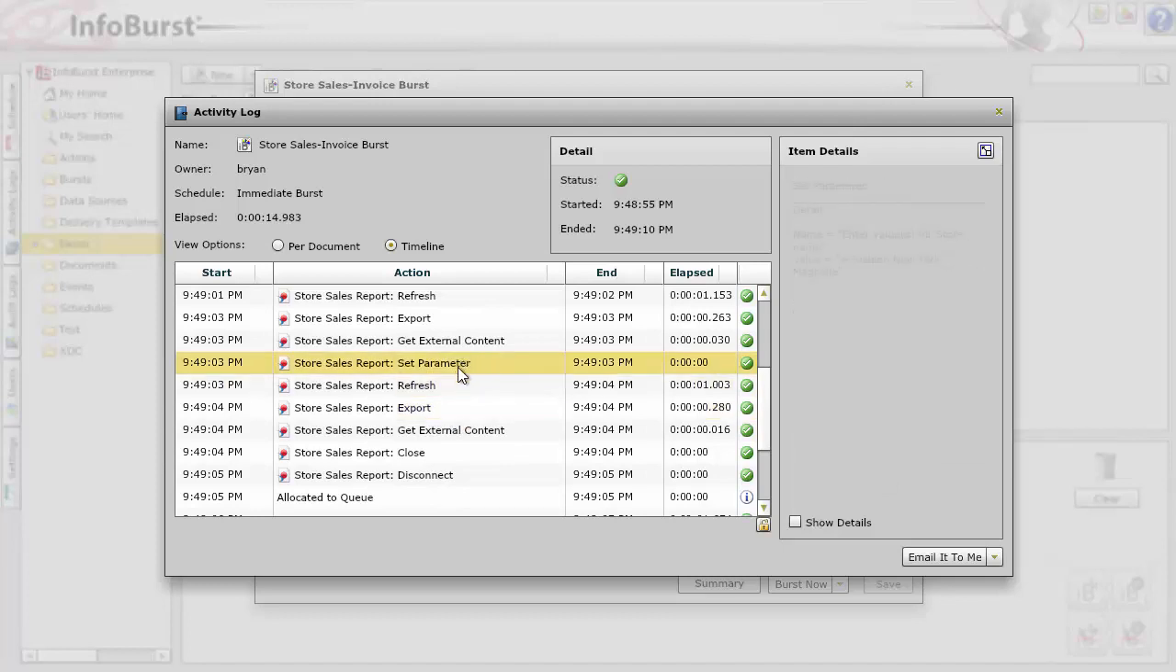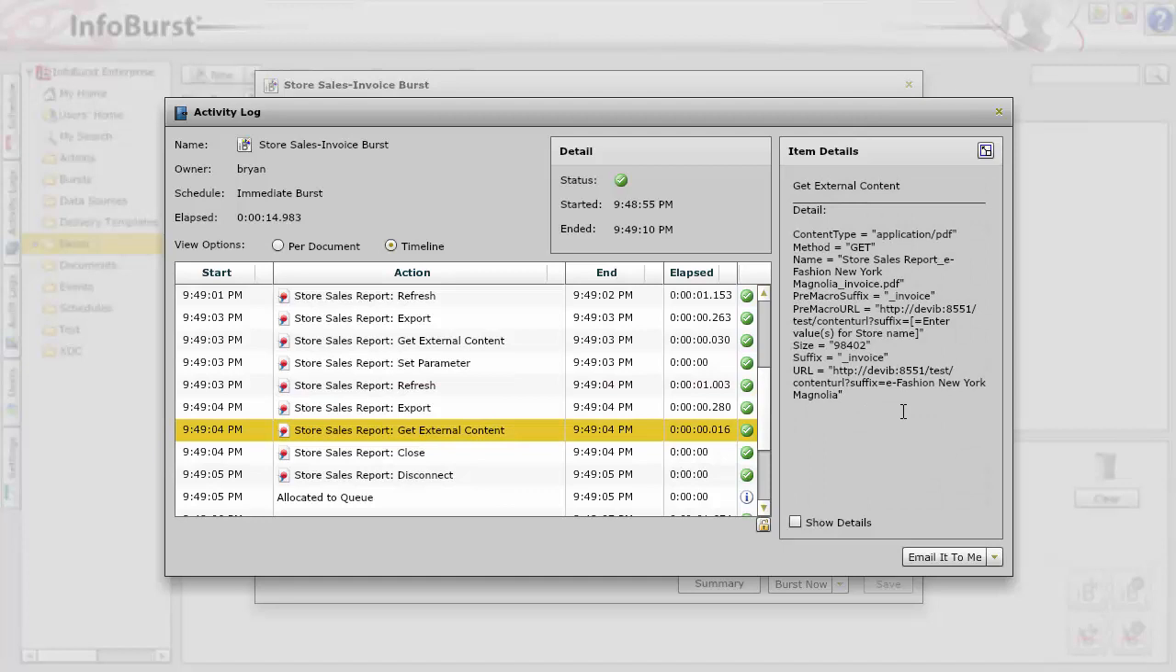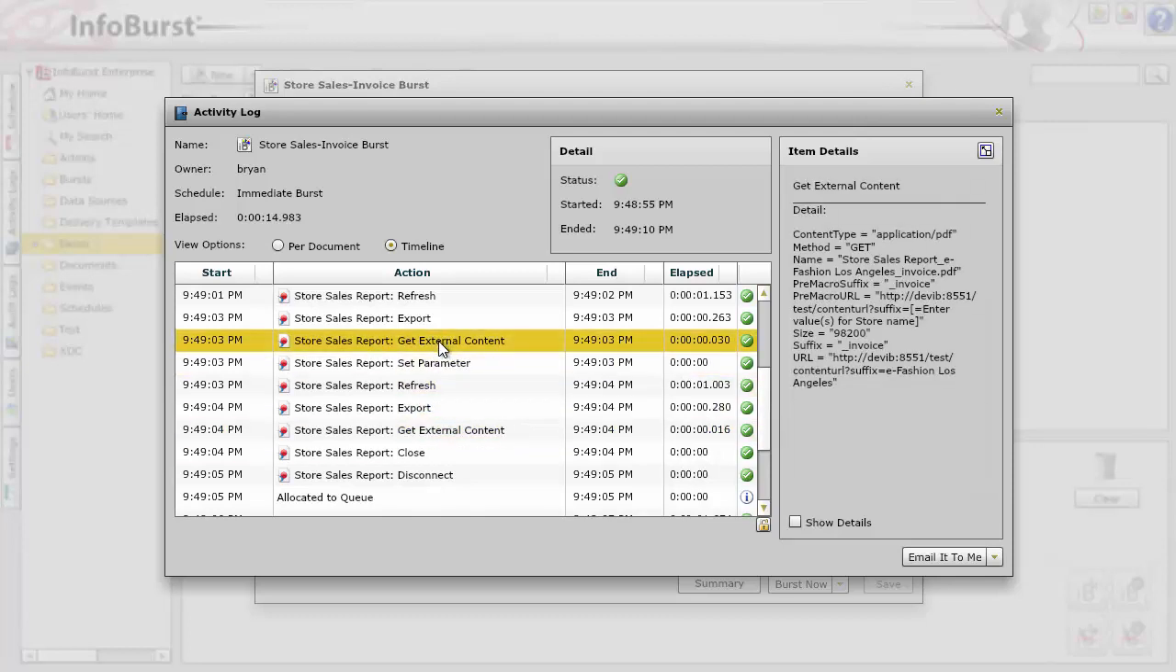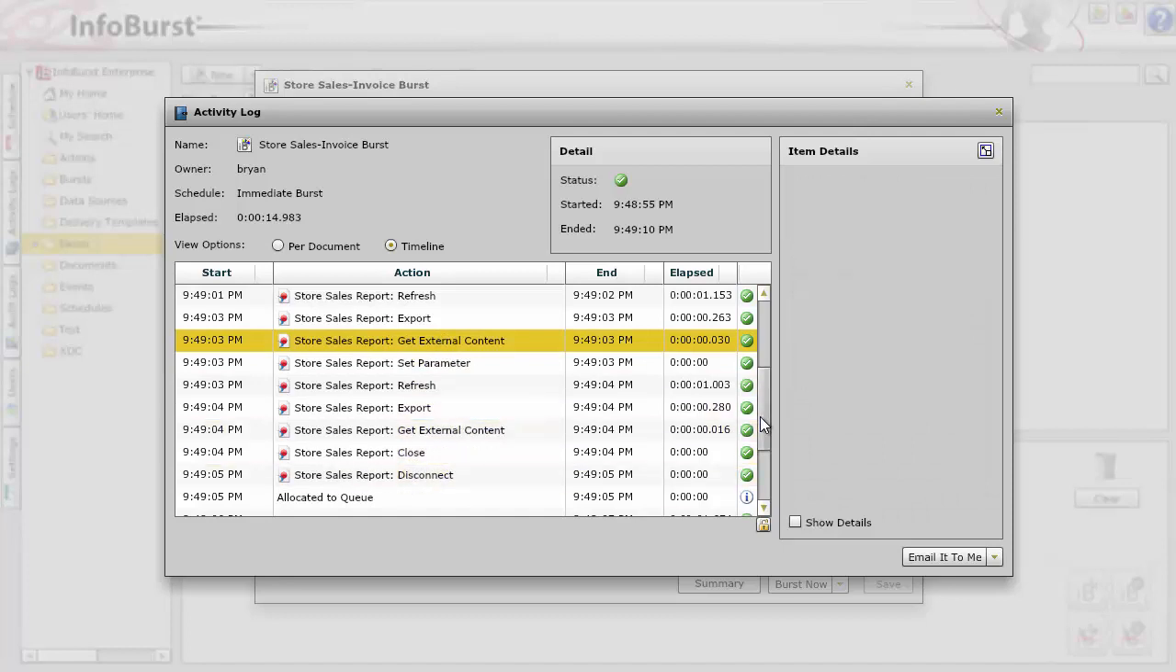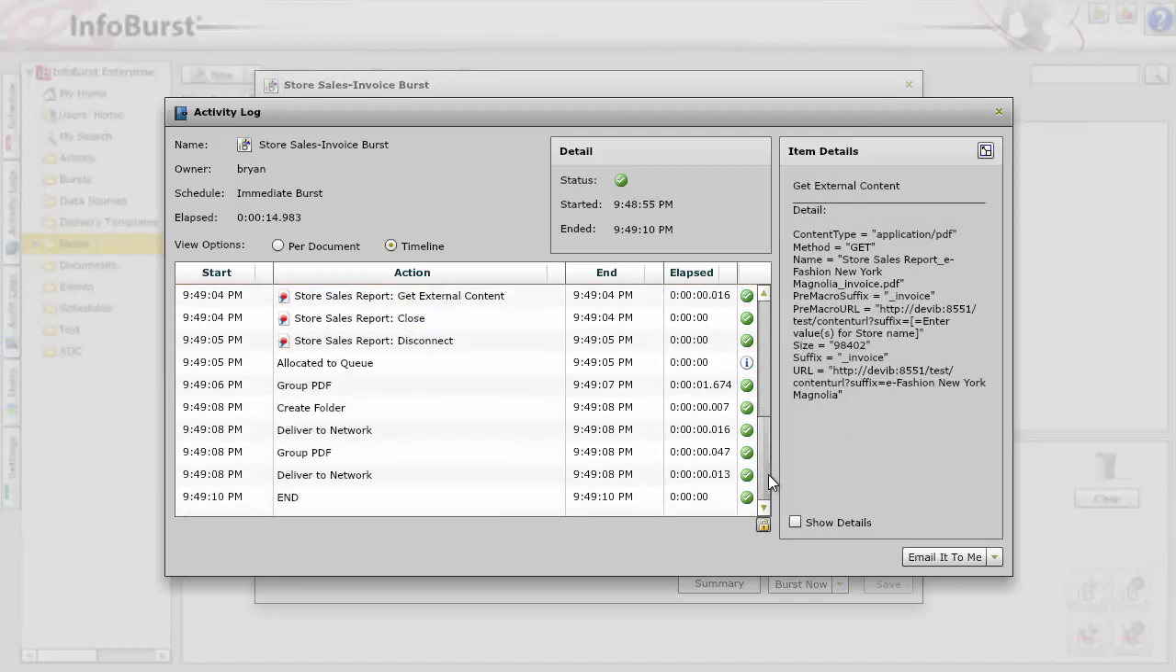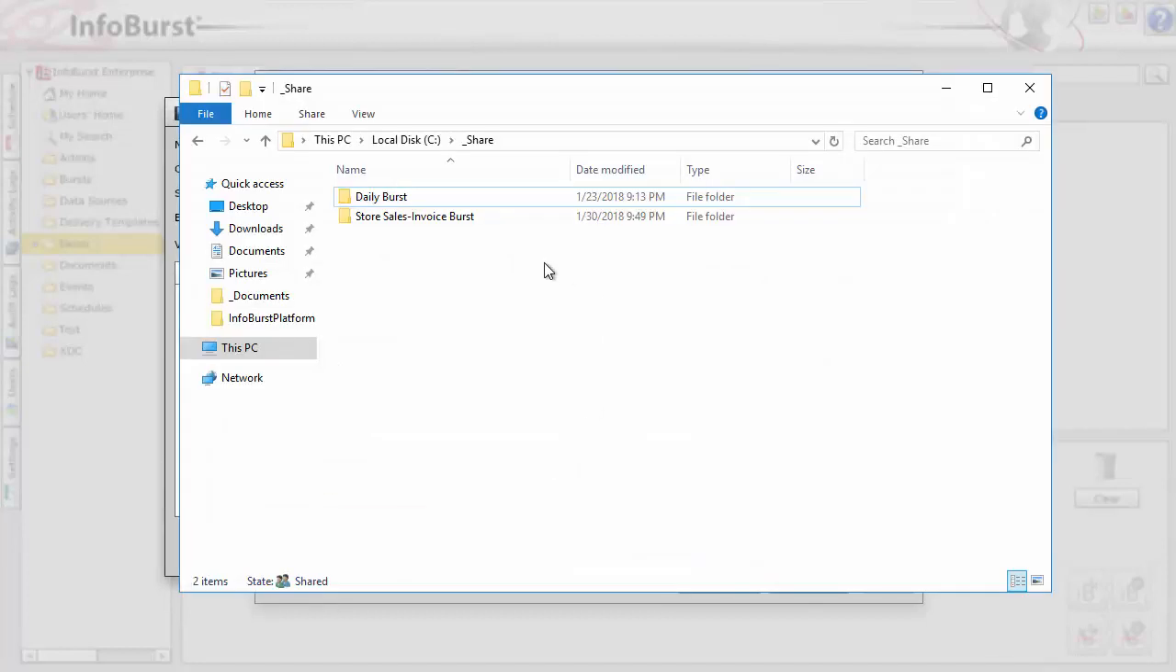So here we can see InfoBurst refreshed for, let's see, store New York Magnolia. And then we can see where InfoBurst reached out with the RESTful request to the invoicing system. Here's the URL where the store value was appended to the URL, and that gave us the appropriate store invoice. That was done here, and then it was also done for the first value. InfoBurst then went on to group together each store PDF file from the Webi report with the appropriate store invoice, and the result